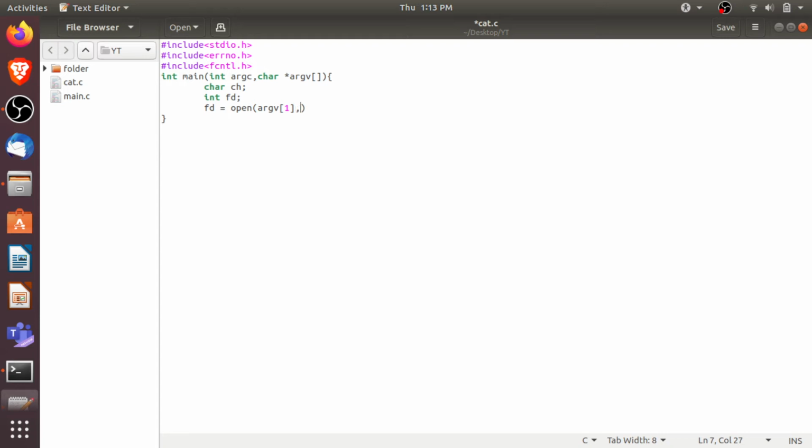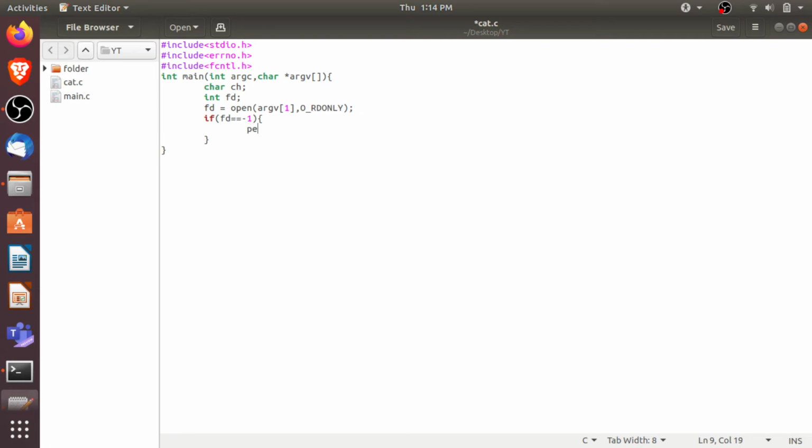So argv[1], and we will use the flag O_RDONLY. This RDONLY means read only. Now we are just reading the code, so that's why we are using O_RDONLY. Okay, so if fd is equal to -1, meaning the file descriptor doesn't return a valid value, it will return -1.